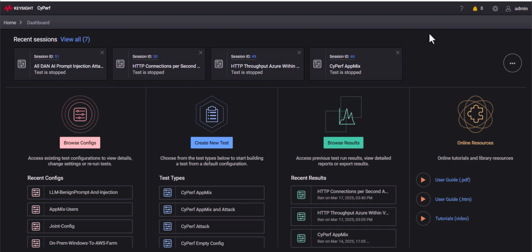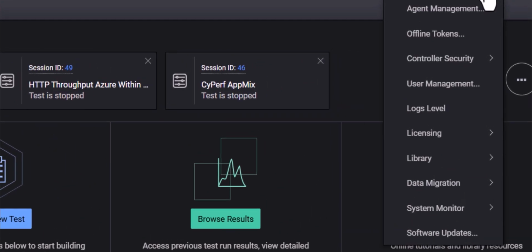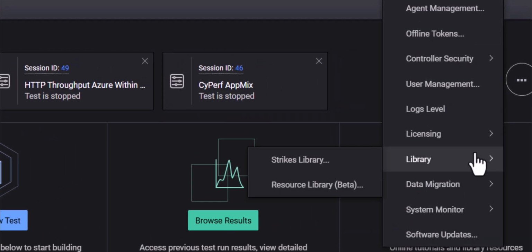Hello and welcome to this very first video of Cyperf App Builder, a cool new feature that you will get on 6.0 and onwards. To access this feature, you need to go to this settings button on the top right. Once you click on this, you will look at this library and you can go and browse to this resource